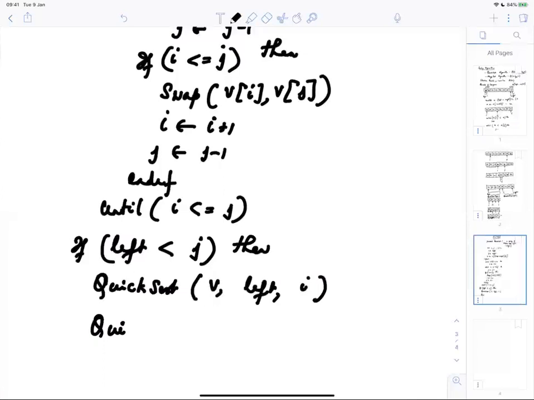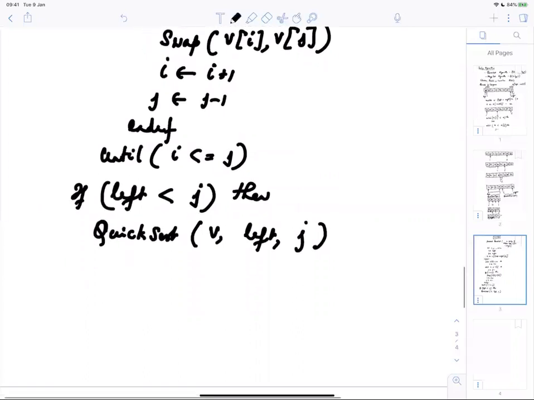Sorry, I mistook this. This should be j over here, because j is the pointer which is coming from the right, and quick sort. Similarly, one moment, if I is less than right,